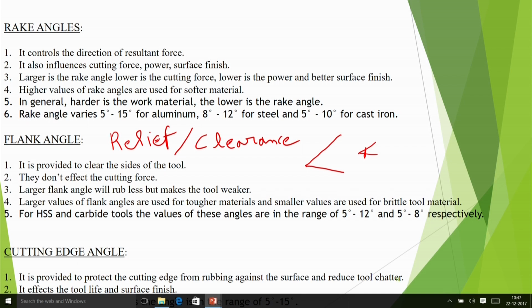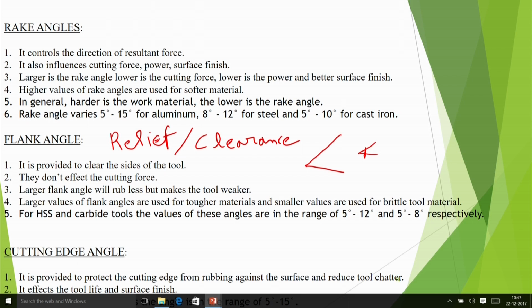A large cutting edge angle may be provided. This is the effect of the cutting edge angle. So all these things have to be optimized. You go to the lathe machine shop, see the lathe machine and try to understand these various types of angles and what is their significance. You will get a practical feel about that. Touch the tool by your hand and try to understand that 3D geometry.